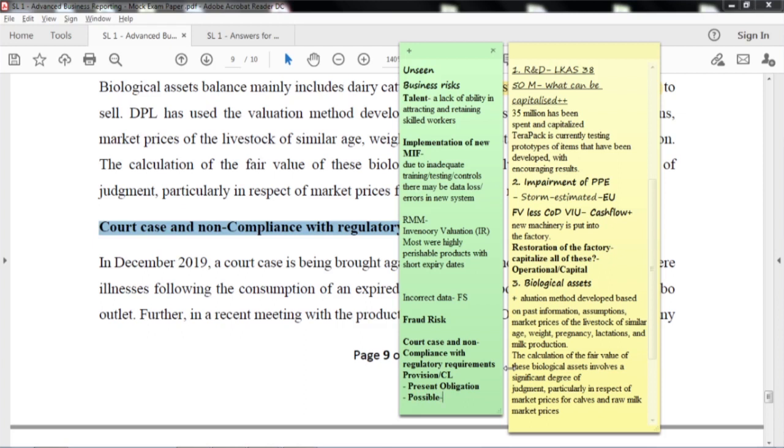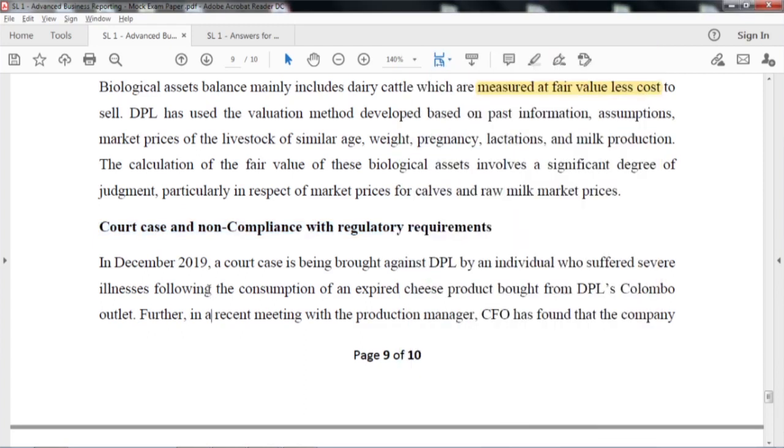What is the definition of possible? Possible means the possibility depends on one or more future uncertain factors, and in that case you record a contingent liability. Now, if you know this, it is very easy to handle what is given here. Now, we will see whether there is a provision or not.